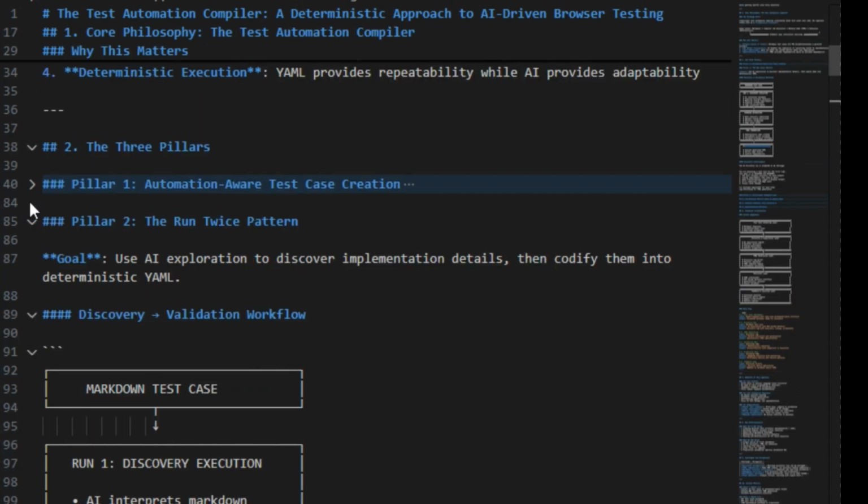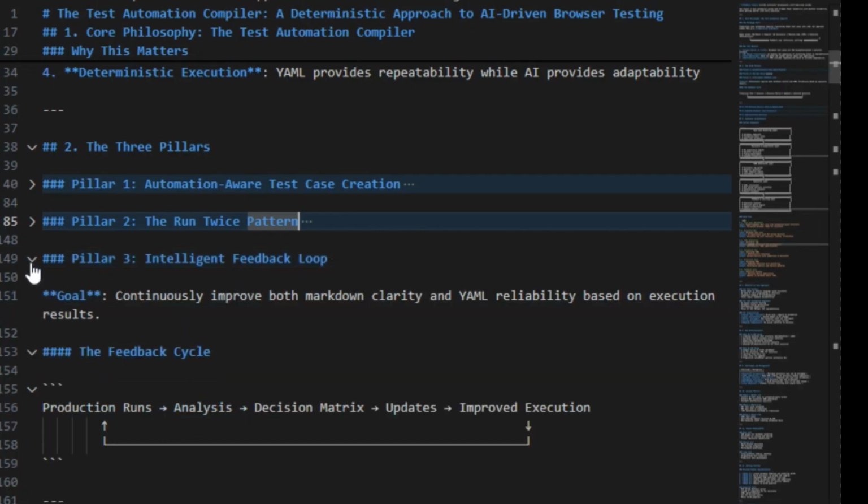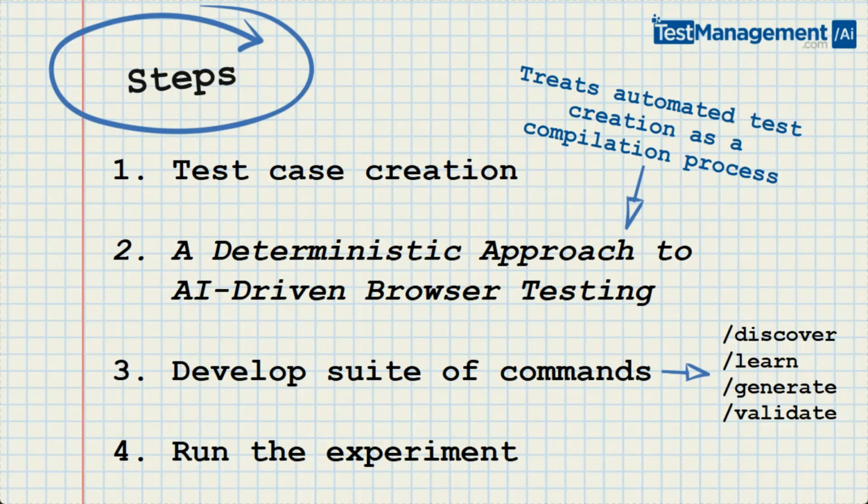So that was pillar 2, and pillar 3 was this intelligent feedback loop. As you'll see in a subsequent session where we do more complex iterations of this, we can use lessons learned to guide how it turns our markdown test case into a YAML file for execution. Based on the concepts and techniques outlined in that document, I've then gone forward and taken the 4 core concepts in there to create these commands: the discovery command, the learn command, the generate command, and the validate command. So those 4 commands